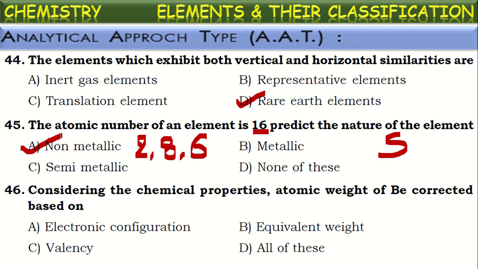Next, considering the chemical properties, atomic weight of beryllium corrected based upon equivalent weight. Okay, based upon the equivalent weight, the atomic mass of beryllium is corrected by Mendeleev. Okay, next,